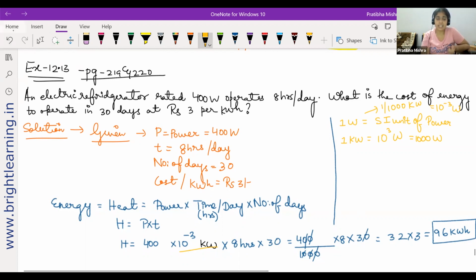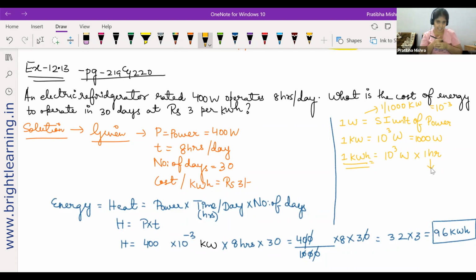Now, since you had a question about kilowatt hour, now kilowatt is done. Now let's take kilowatt hour. This kilowatt hour is nothing but 1 kilowatt is 10 to the power 3 watt. Hour, 1 hour. So this way you can express it. If you want to express it in